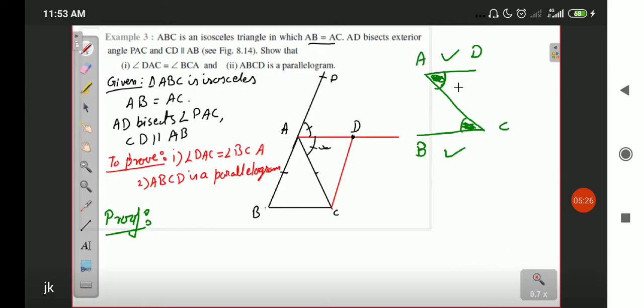Conversely, we can also try to prove first that these two angles are equal, and secondly that since the pair of alternate interior angles are equal, line AD and BC must be parallel. So we will go with the second approach here. We cannot directly prove that these two lines are parallel. So first we are going to try to prove that these two angles are equal, and after that I will say that both the lines are parallel. The reason is that if the alternate interior angles between two lines are equal, then the remaining lines should be parallel.